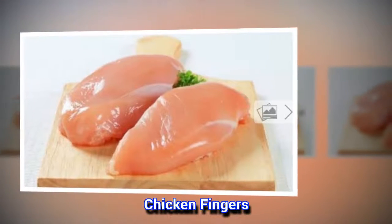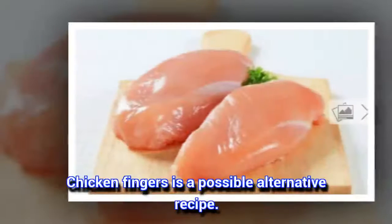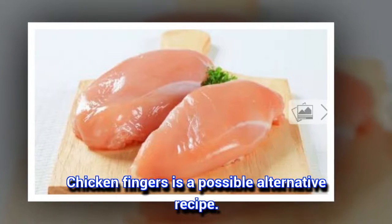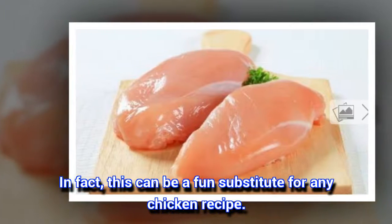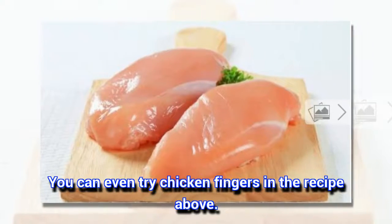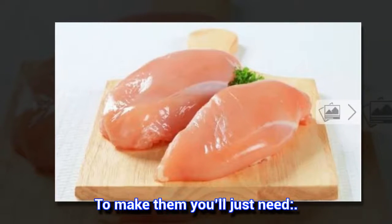Chicken fingers. Chicken fingers is a possible alternative recipe. In fact, this can be a fun substitute for any chicken recipe. You can even try chicken fingers in the recipe above. To make the meal you just need